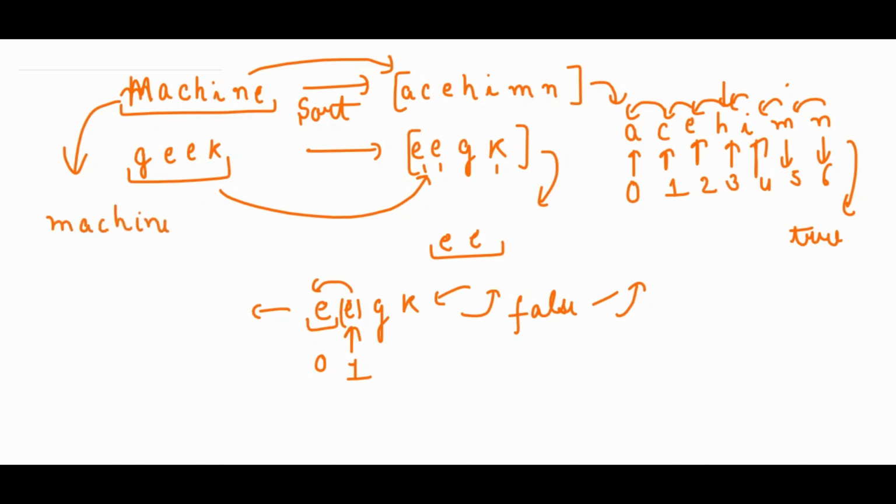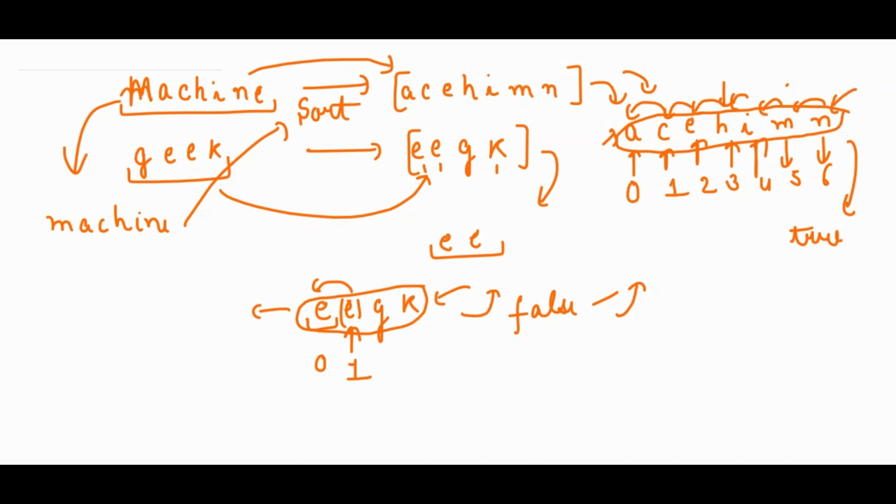And then I am following this approach that first we will sort it, then we will traverse the string and check if any character at a certain position is equal to its previous element or not. If there is any element which is equal to its previous element, we have to return false from there, as you can see in this string. And if there is no element which is equal to its previous element, then we have to return true, as you can see in the machine string.